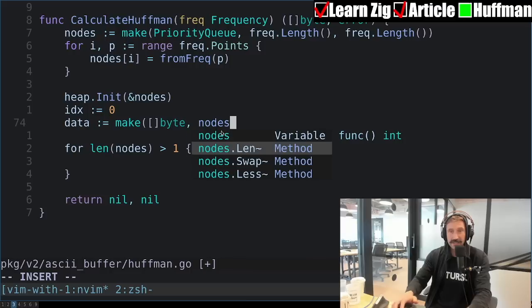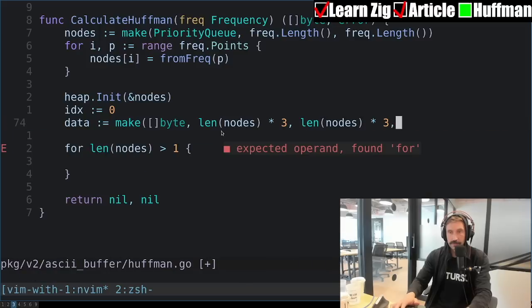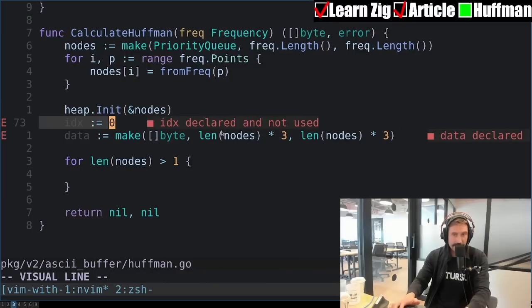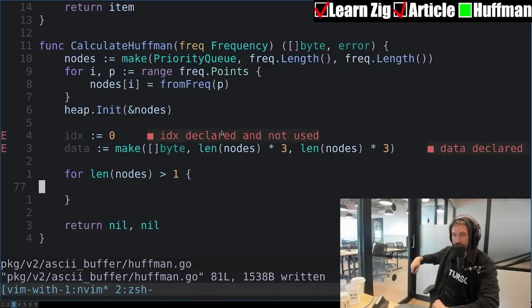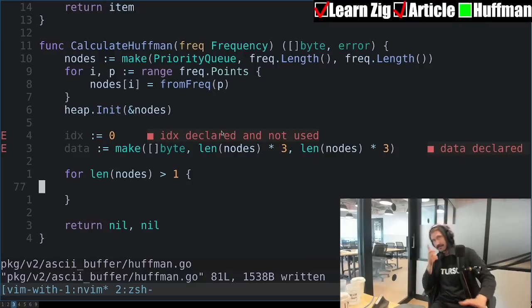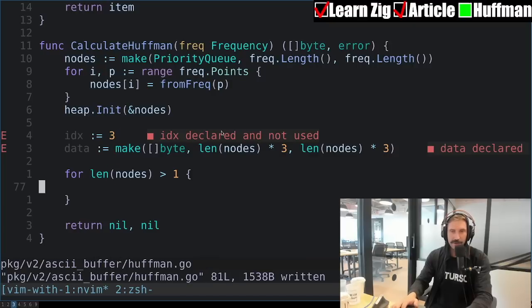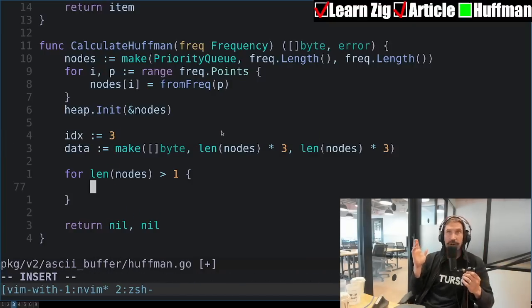I'm just going to assume it's going to be this. There we go. So I got my current index into the priority queue and this. We've created the heap. We've done this. So now all we have to do is just pop them 2 off at a time. Write them into the array. This is so good. I can't believe how well this is going to work. So I need a way to encode.